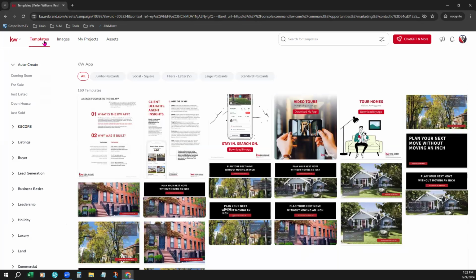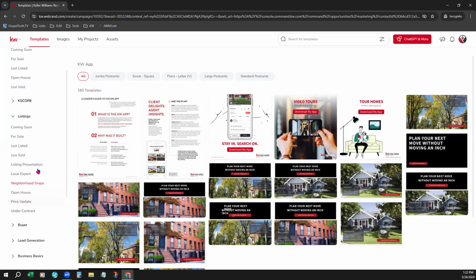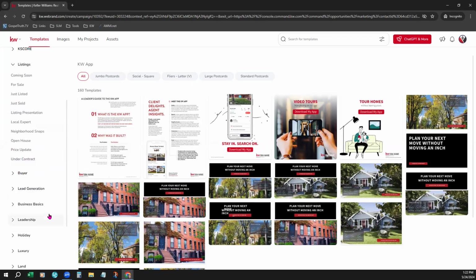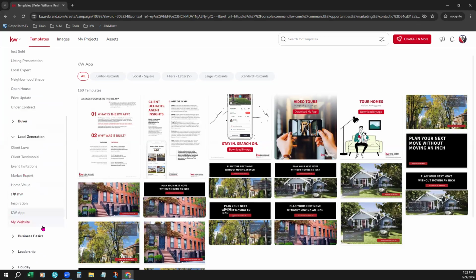And so now you can see I'm already right on my templates right here. I can come in here and choose anything I want to create. Maybe it's a postcard. Maybe it's a social post. Maybe it's a flyer. You can even come over here to your templates on the left-hand side. And since we're under listings, I can pick any of these templates that I want. You don't have to. You could move on to a different topic as well, even though it was just for